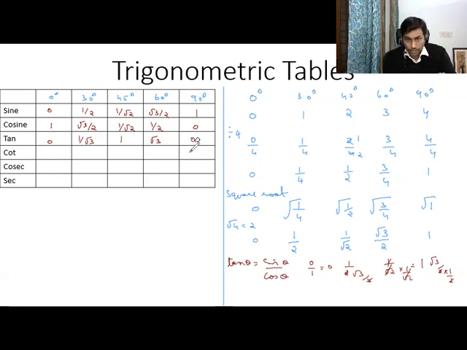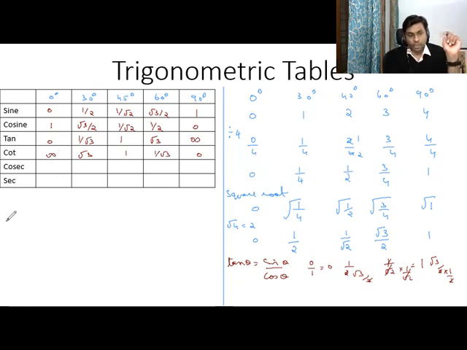Once you do the tan, write tan in reverse order, you will get cot. So starting with infinity, next number is root 3, then 1, then 1 by root 3, then 0. So very easy. Get sine first. Write numbers from 0 up to 4, divide by the highest number. Take square root of it, you got sine. Write it in reverse order, you will get cosine. Divide them, you will get tan. Write tan in reverse order, you will get cot.